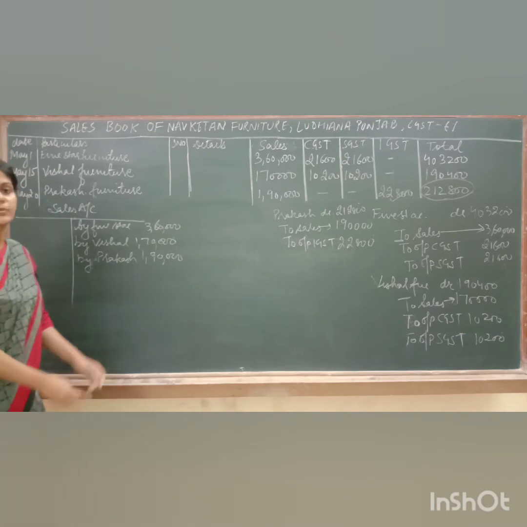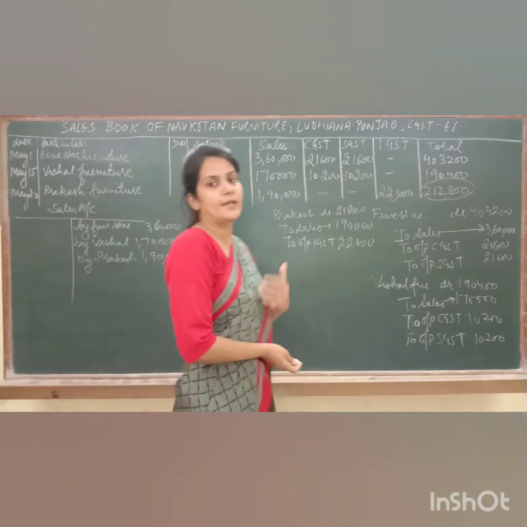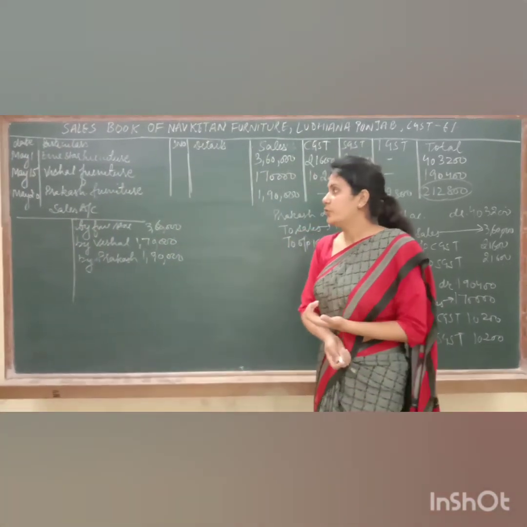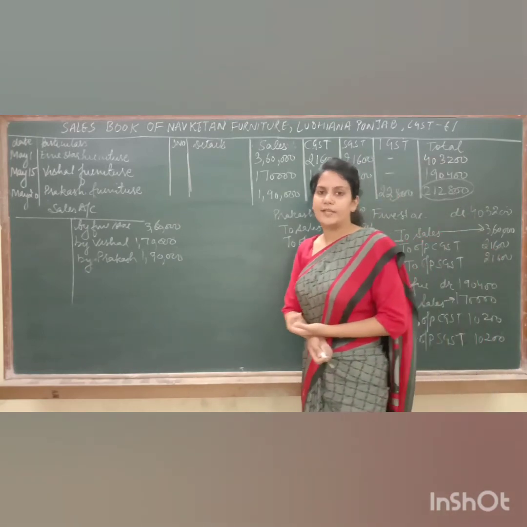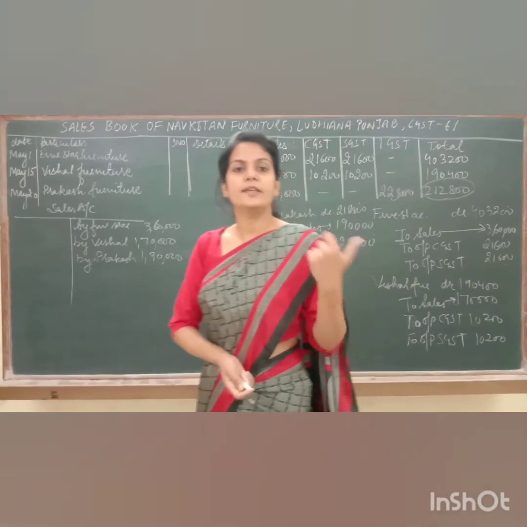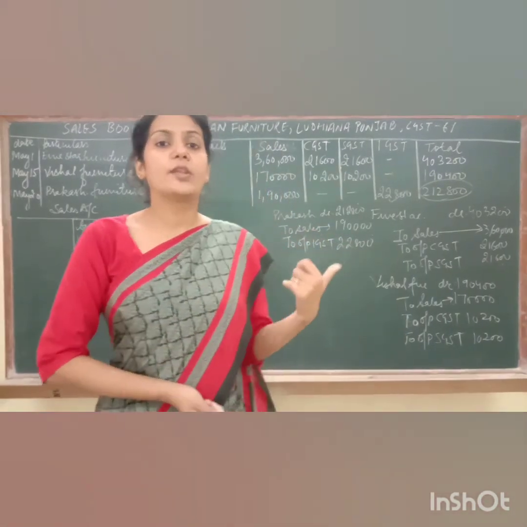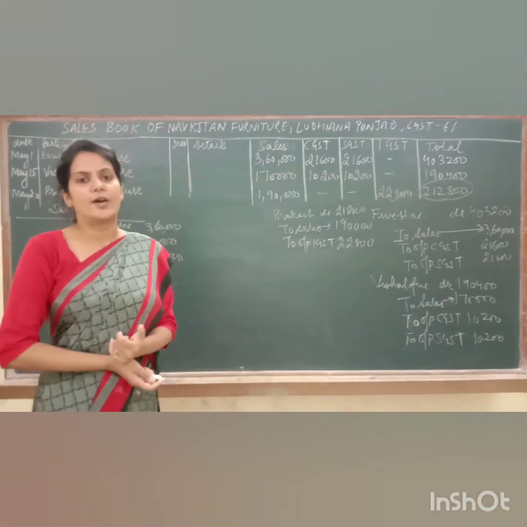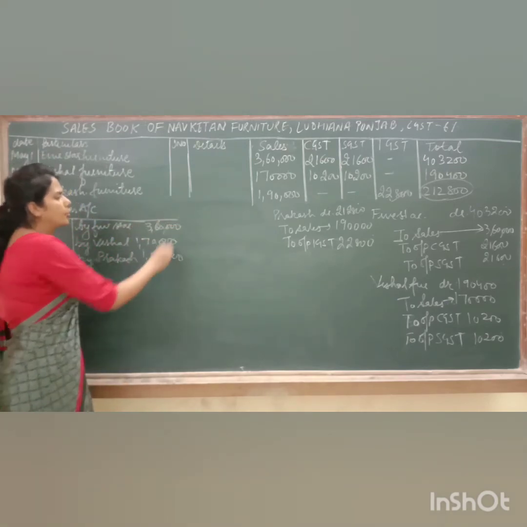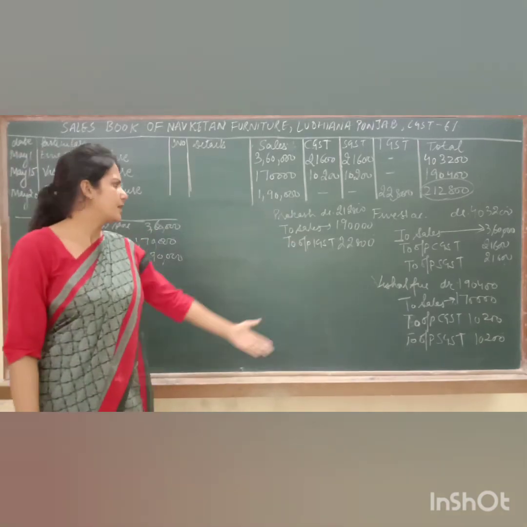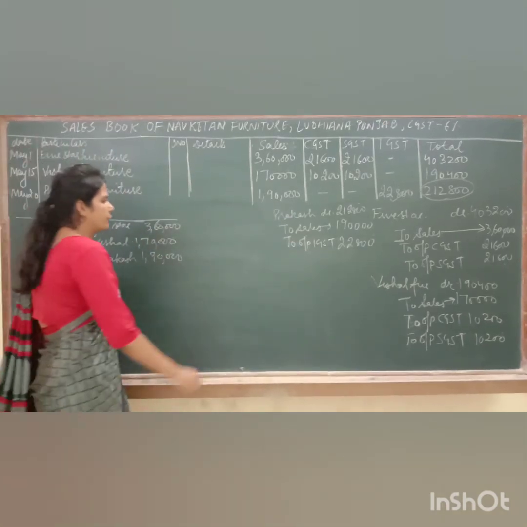Now again the concept is same. The sales account is a kind of nominal account for us, and we don't have to balance a nominal account. Its balance is transferred to the trading and profit and loss account, but at the year end. And this is just the month of May. It's not the month of March. So we are not going to do anything. We are just going to leave it like this. Now I'm making only one account, that is Five Star's account. The rest you can make on your own.